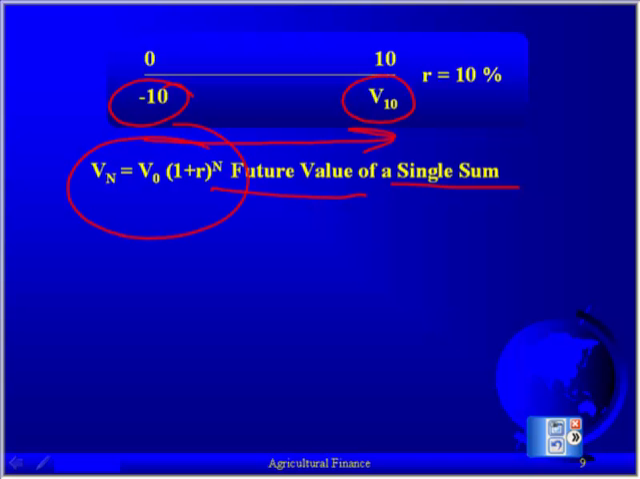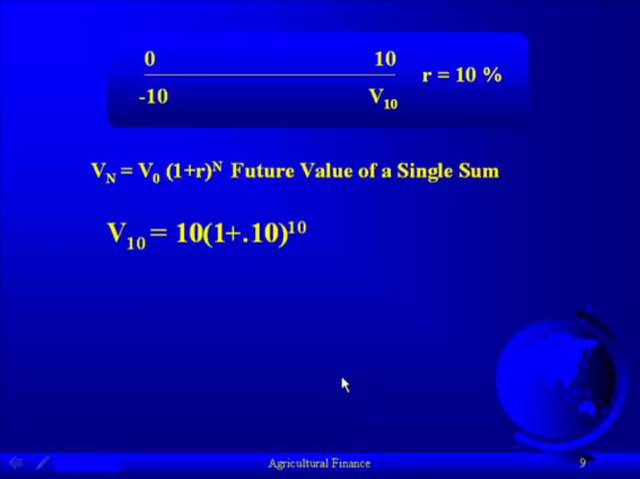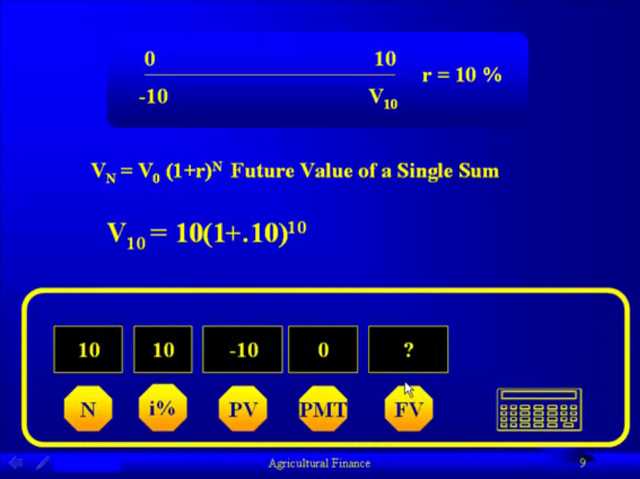And so we use the future value of a single sum of money formula. The present amount is $10. The interest rate was given at 10%. The number of periods is 10. We plug that into our calculator: 10 N, 10% I. We have the present value as negative $10. The payment is 0. We calculate the future value, and it comes out to